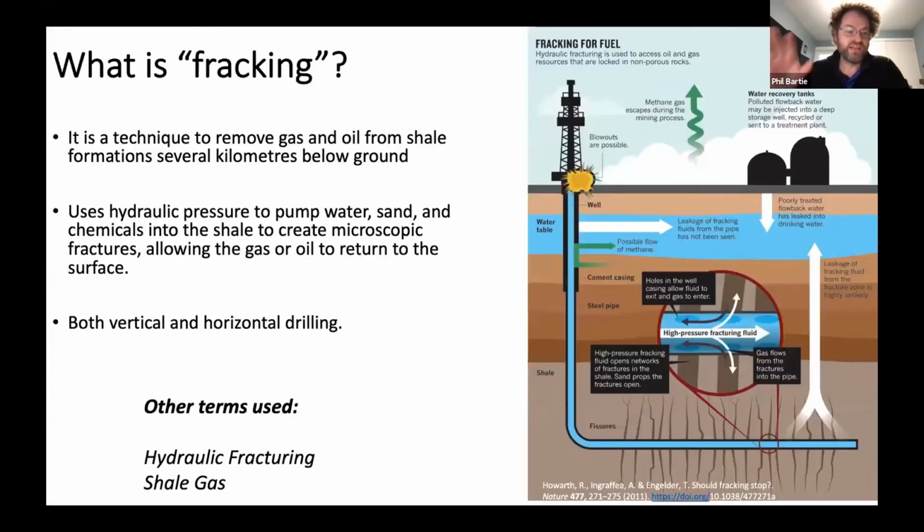So the background, you've probably heard if you were in the talk earlier from Adam, about what fracking is. Just to recap, in case you weren't here, it's drilling into the ground, pumping in water and sand and chemicals, and trying to get out the gas from the shale underneath. So you're forcing cracks, which are allowing the natural gases to release. So it's known as fracking. More strictly, it's known as hydraulic fracturing. It's also known as shale gas. It's also worth noting that when you drill this hole, it doesn't only go down, it also goes horizontally, and it can do that for several kilometers.